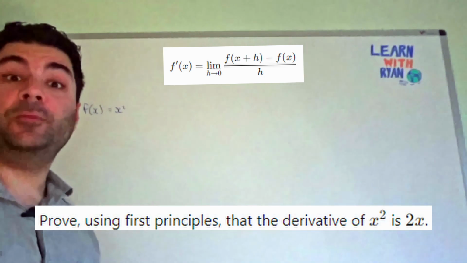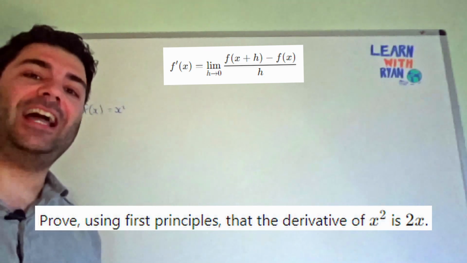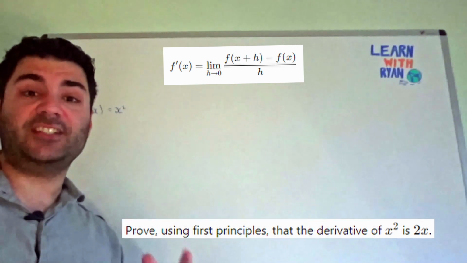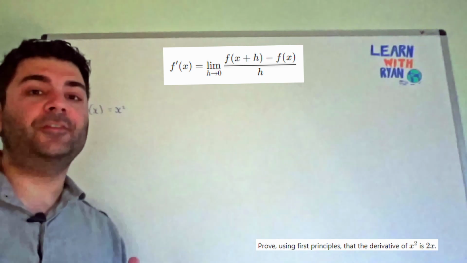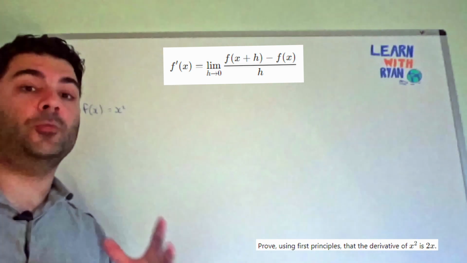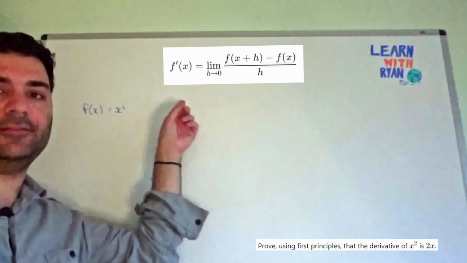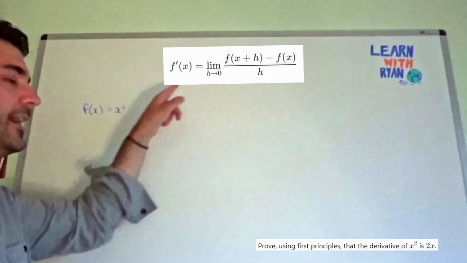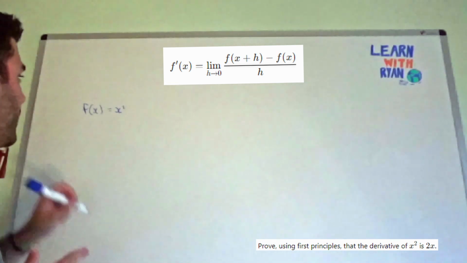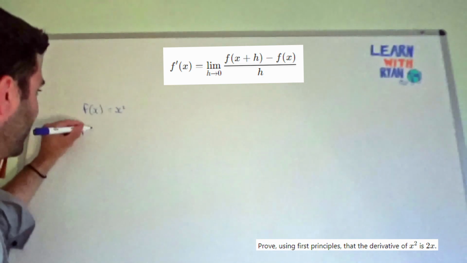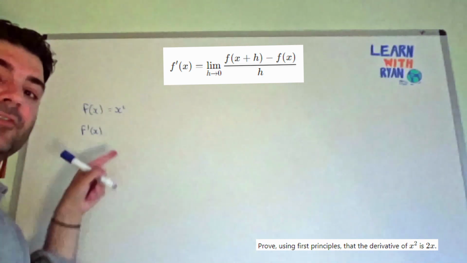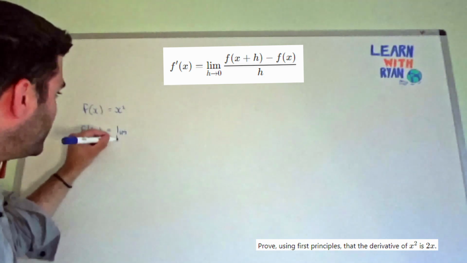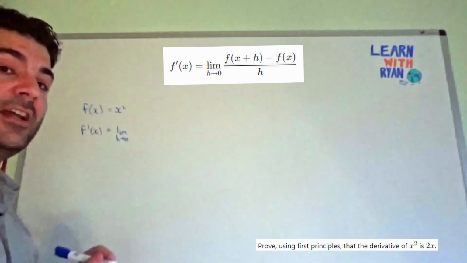Suppose we want to prove from first principles that the derivative of x squared is 2x. So when we're asked to prove from first principles the derivative of a function, the first thing that should come to mind is the formula, the limit definition of a derivative. Okay, so we've got our function f of x equals x squared. So let's apply the limit definition of a derivative. So what I'm going to start with is f prime of x because that's my notation for the derivative of a function. And then what I've got is the limit as h tends to 0 of f of